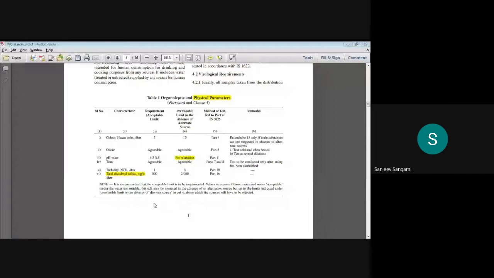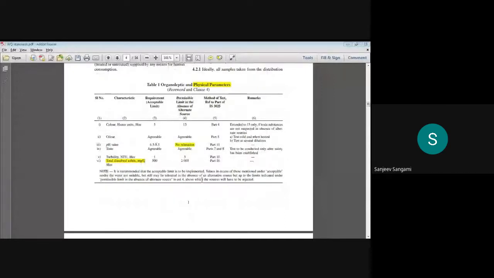Okay, and whenever they revise it, they remove this permissible limit because many people are taking advantage. See, even a mineral water bottle you can take. Those who are processing or producing mineral water bottles also have to refer to this code. If you are manufacturing water bottles, first you have to take permission from the Karnataka State Pollution Control Board. Okay, that is there.